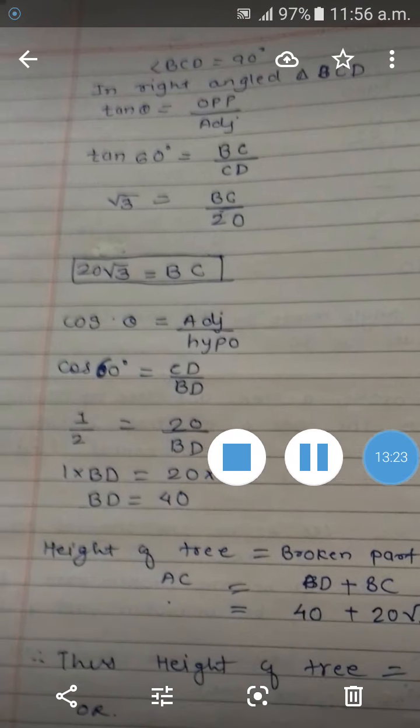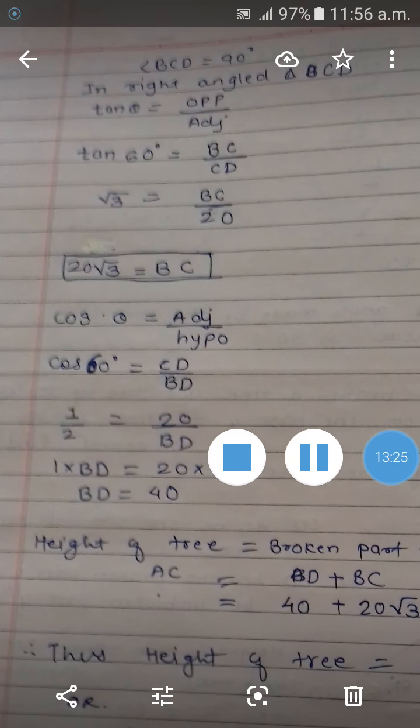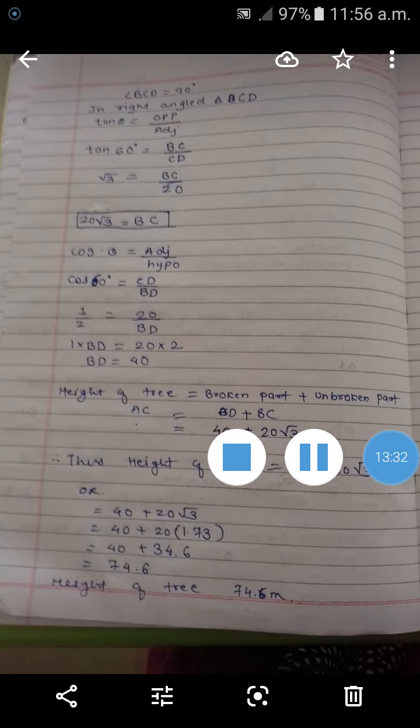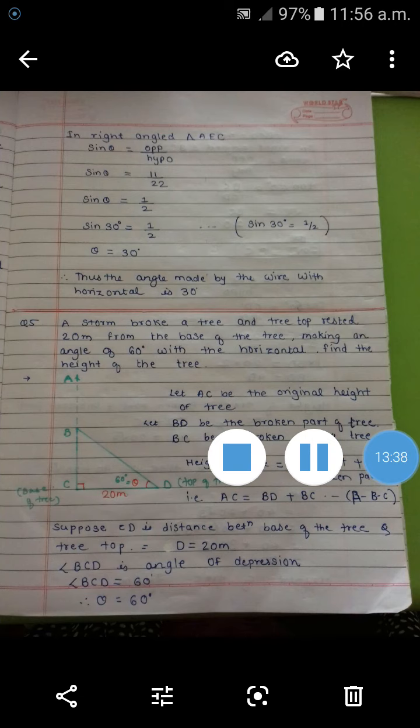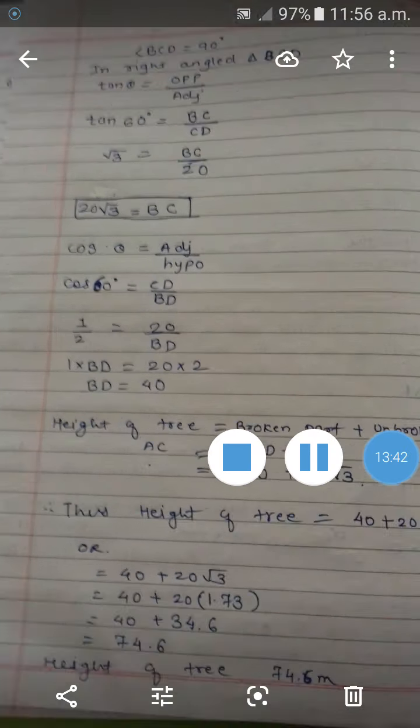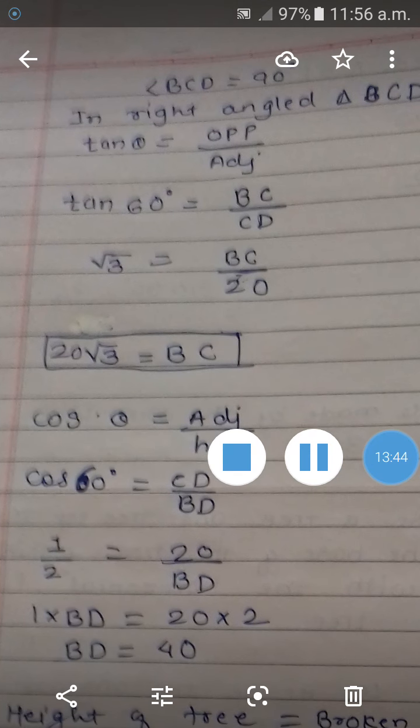So tan theta is equal to what? Opposite upon adjacent. For the 60 degree angle, the opposite side is what? It is BC. If you observe the figure, BC is given, and the adjacent side is CD. That's why I wrote here BC upon CD. So the tan 60 ratio is what? Root 3, and that is equal to BC